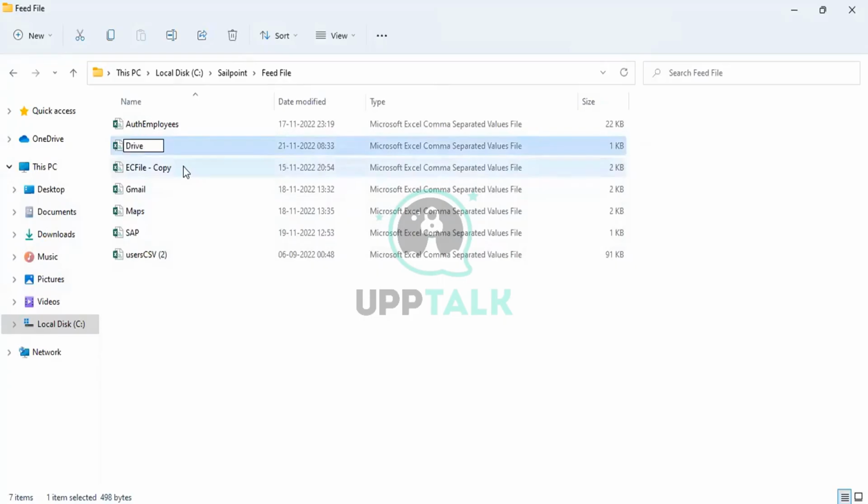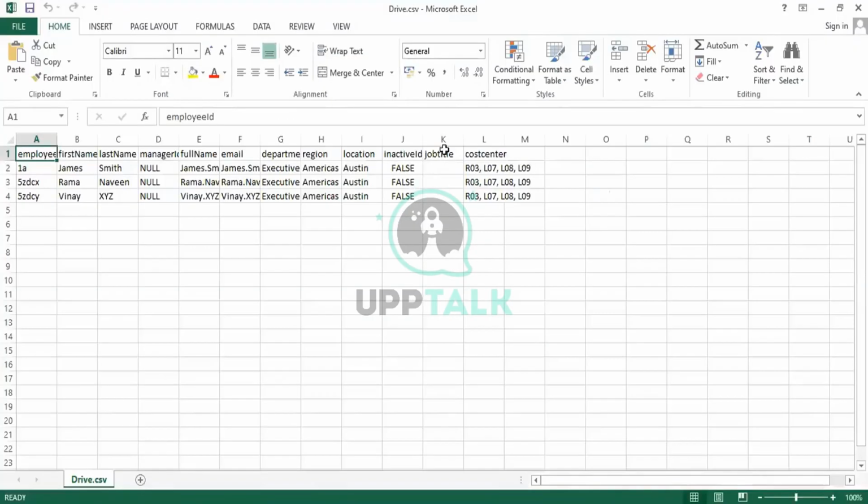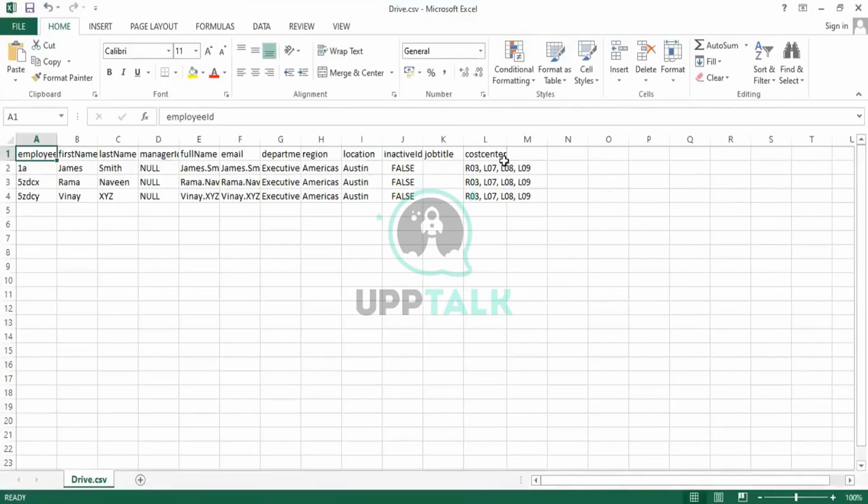Does it make sense? What is the meaning of the attribute cost center? A cost center is used by the application team. It says which department an employee belongs to; they will have a cost center number.